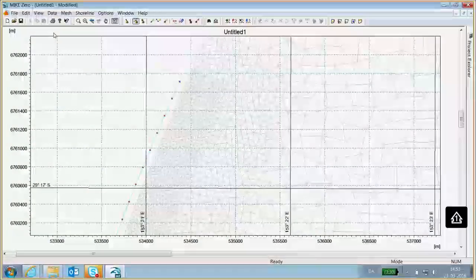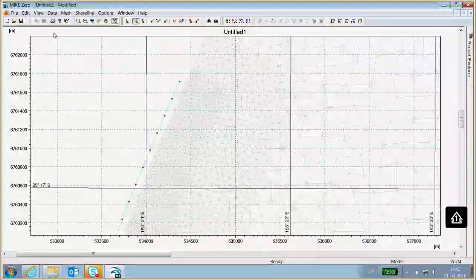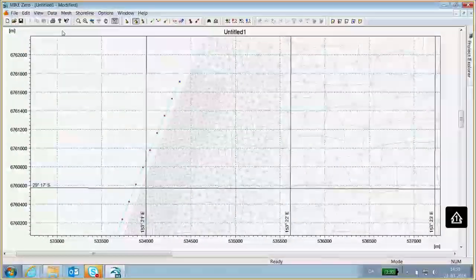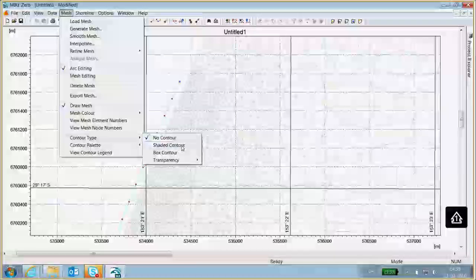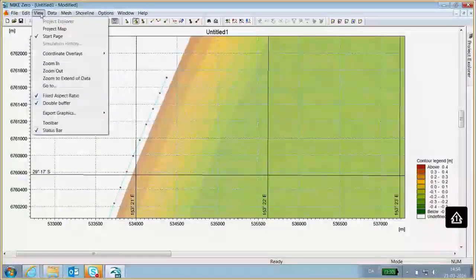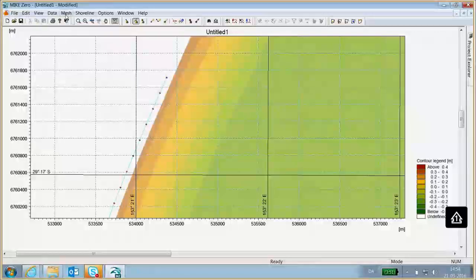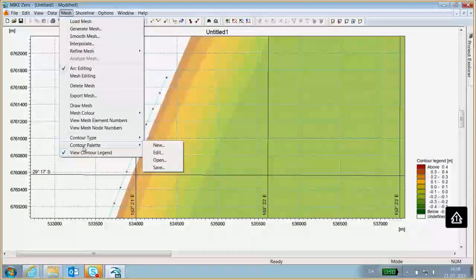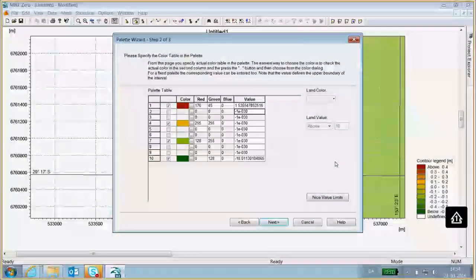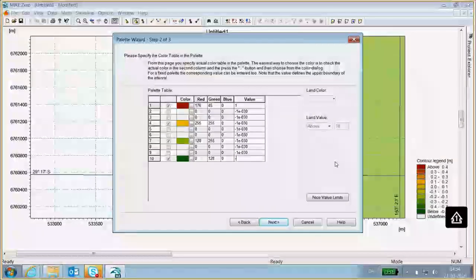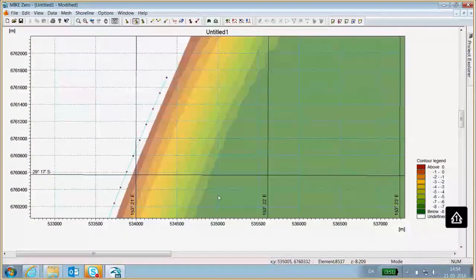The coastline I'm going to draw as close to the 0 meter depth contour as I can. And in order to do that, I just select the shaded contour here in the mesh. And then I say don't draw the mesh. And I want to select a contour palette where it's very clear to me where that 0 meter depth contour is, so it's easier to see. So I can just do that by selecting this like that. So then we have the 0 meter depth contour is this contour here. And again, I'll just draw the shoreline or coastline as an arc.